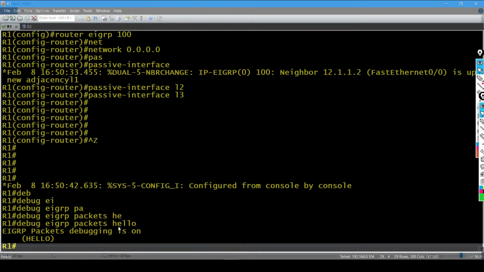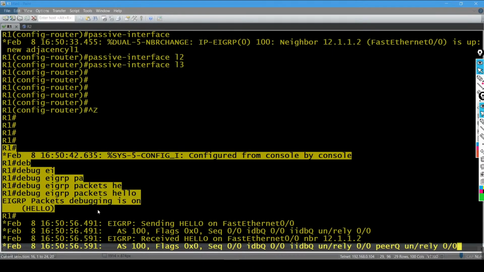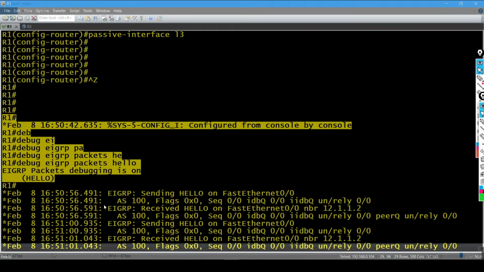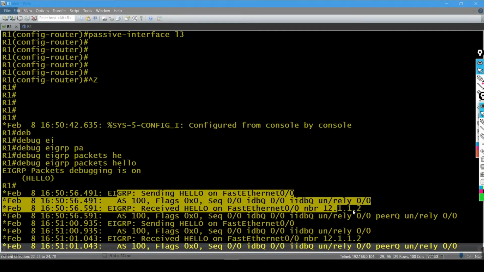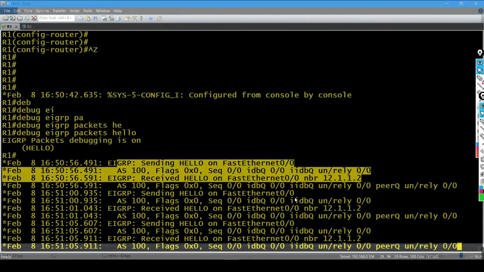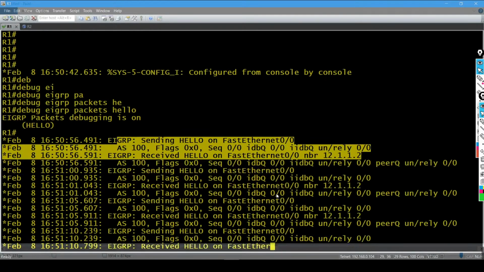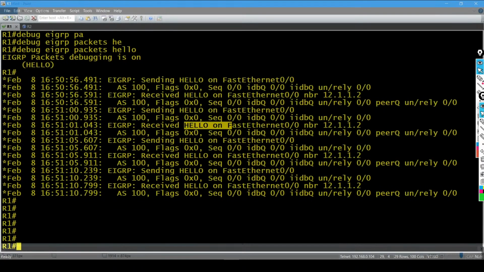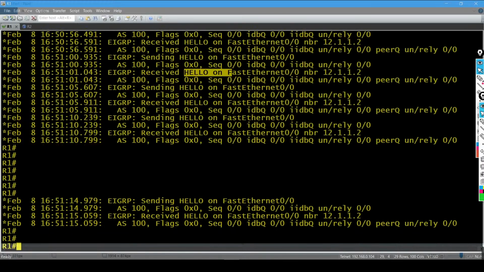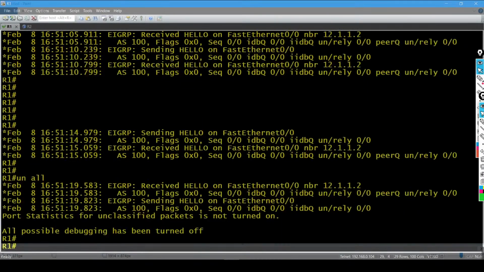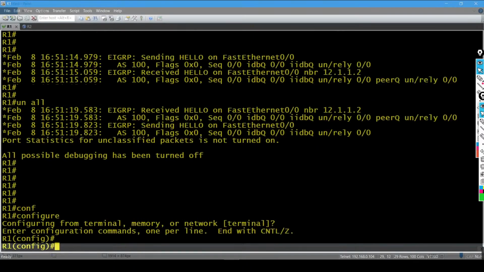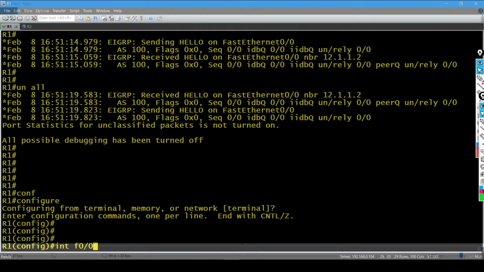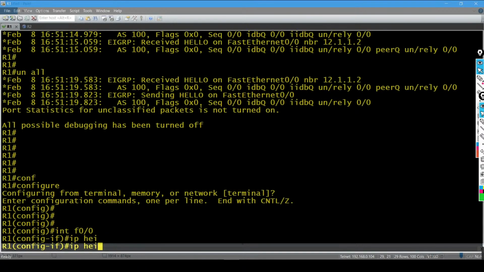So see, suppose the CPU utilization of this router is still high, right? So we want to reduce some CPU utilization. What we can do: the router is sending a hello message every 5 seconds. We can set 15 seconds to reduce the CPU utilization of this router. So first of all, let me disable debugging and go to config mode, then interface F0/0, ip EIGRP